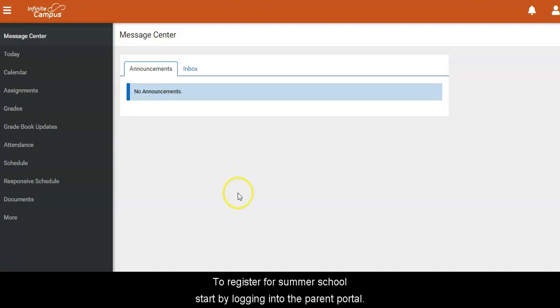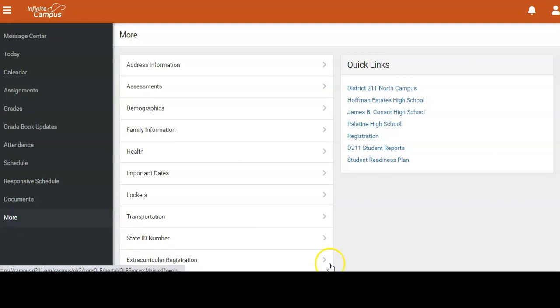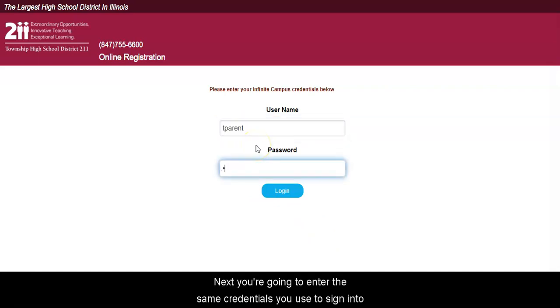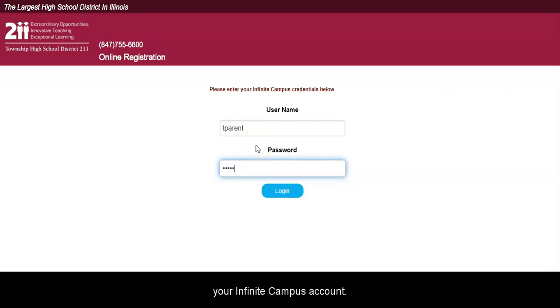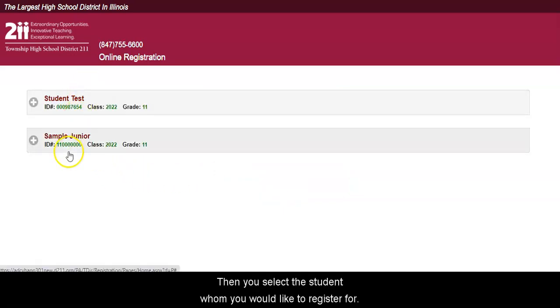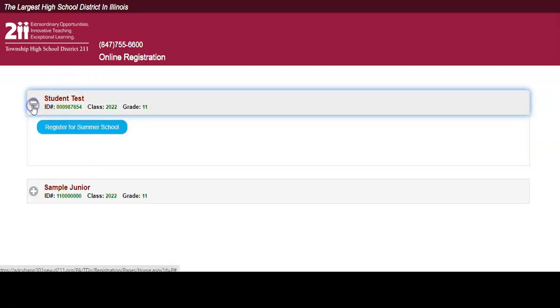To register for summer school, start by logging in to the parent portal. Next, click More, and then Registration. Next, you are going to enter the same credentials you used to sign in to your Infinite Campus account. Then you select the student whom you would like to register for and click the plus button next to it